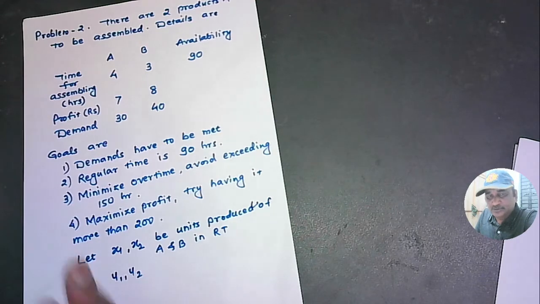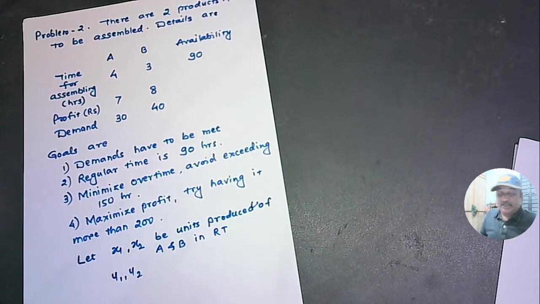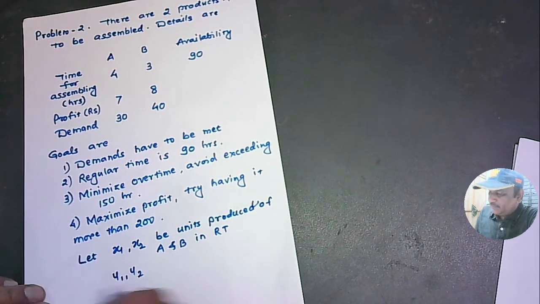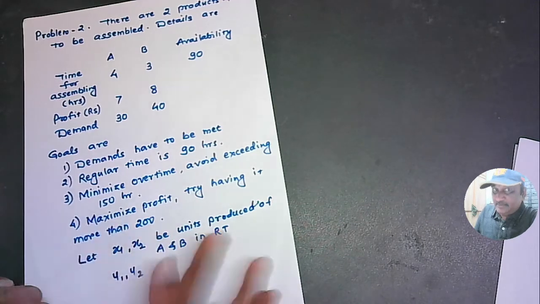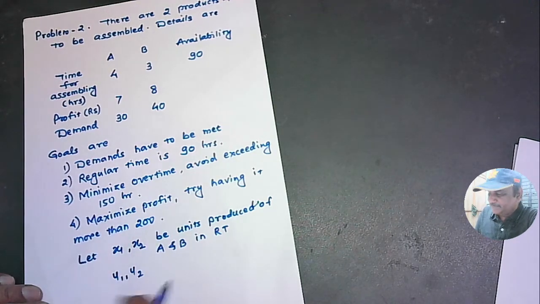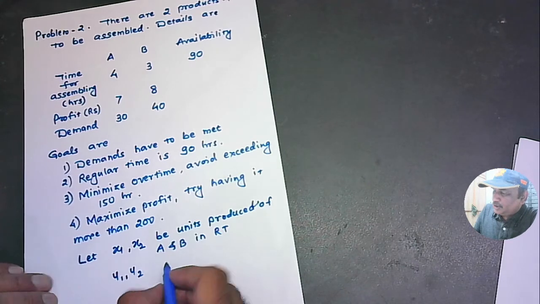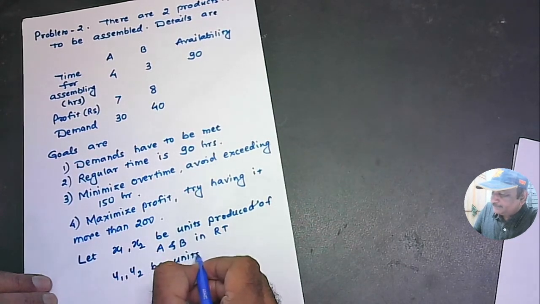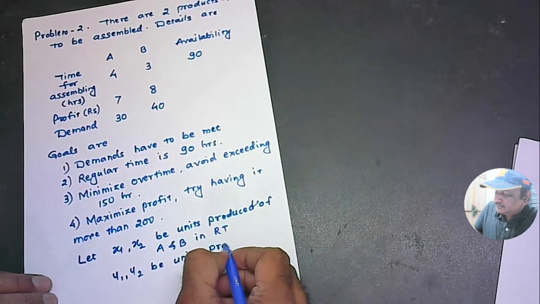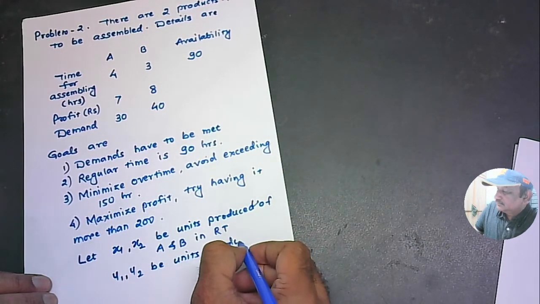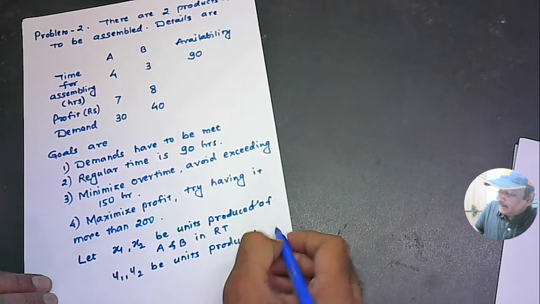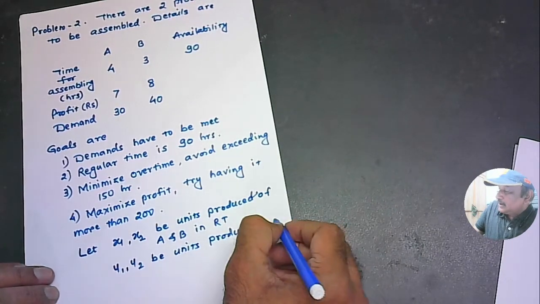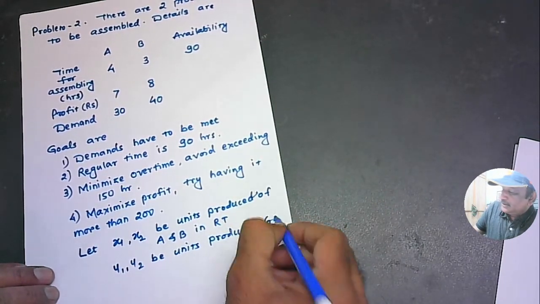Okay, it's possible to formulate the problem, particularly the goal programming problem, by having different considerations, right? Y1 and Y2, there might be a little bit of variation, not too much. Y1 and Y2, B, units produced of A and B